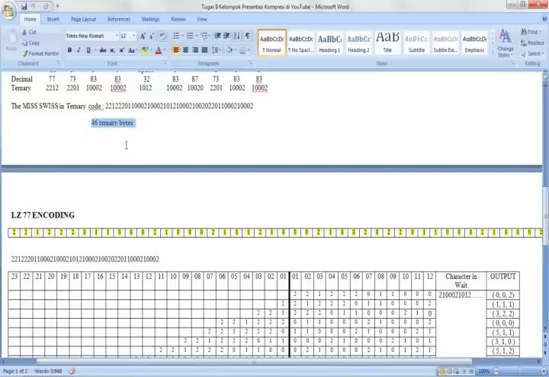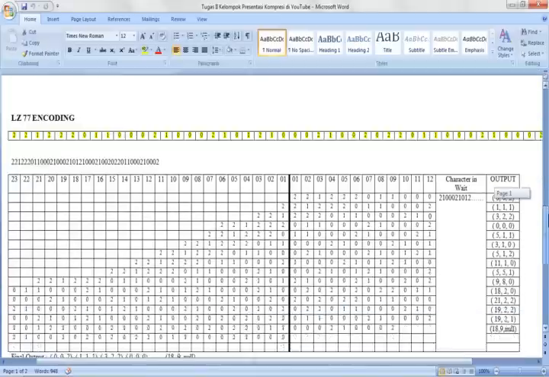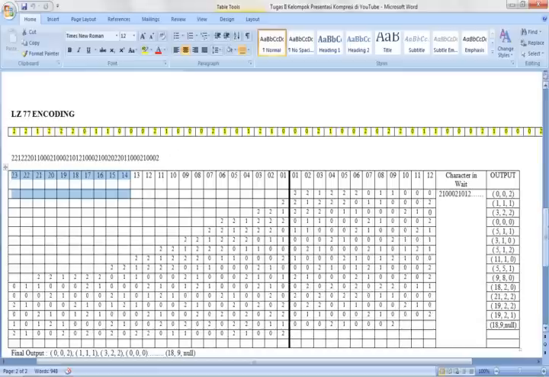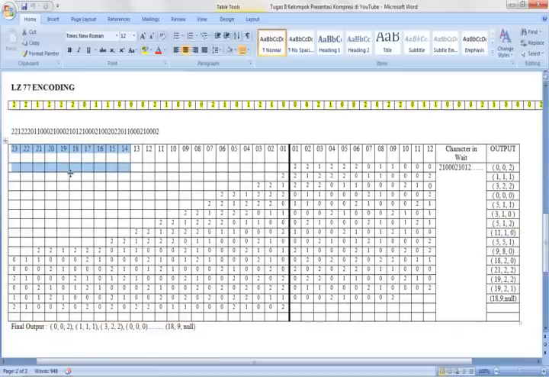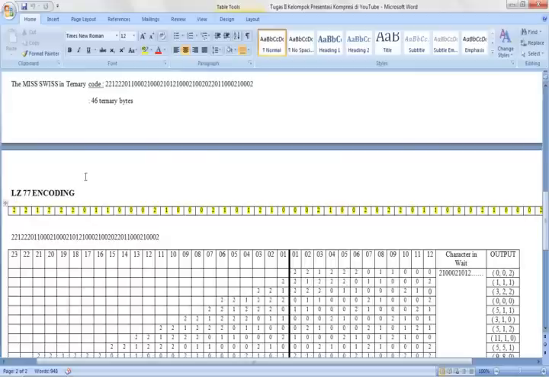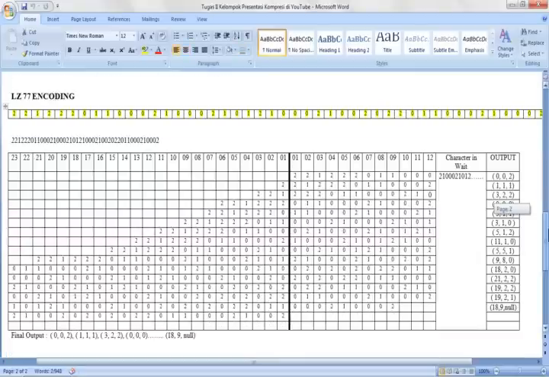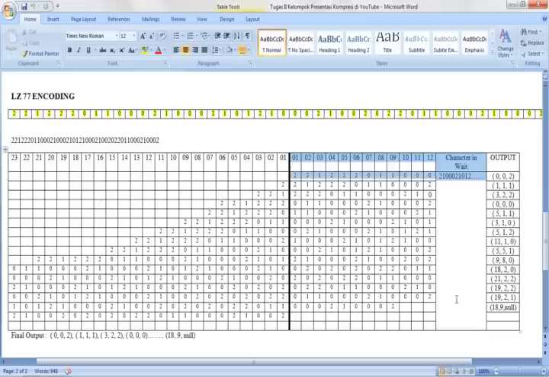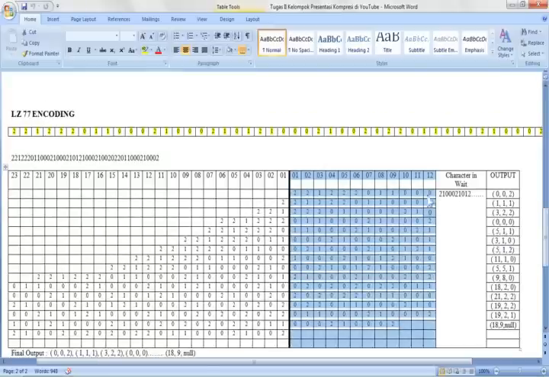We use this value to create the table for the LZ77 encoding. We divide the 46 by 2 and get 23 columns for the first table. For the second table, the number of columns depends on us.